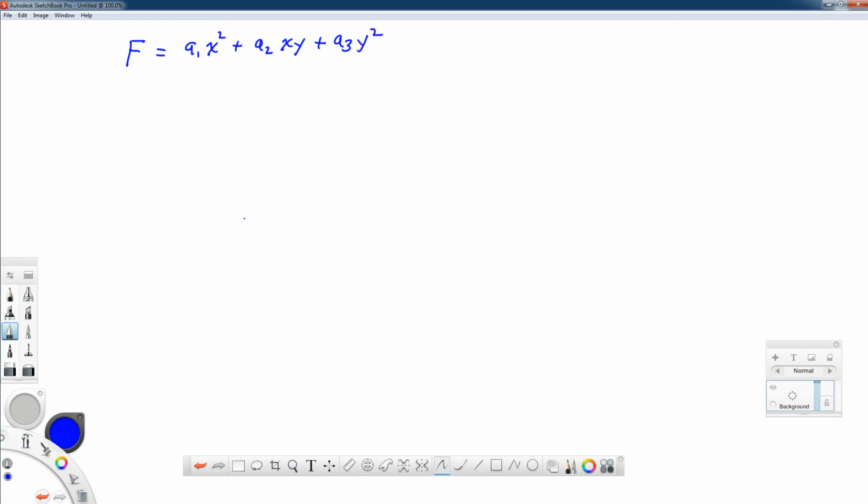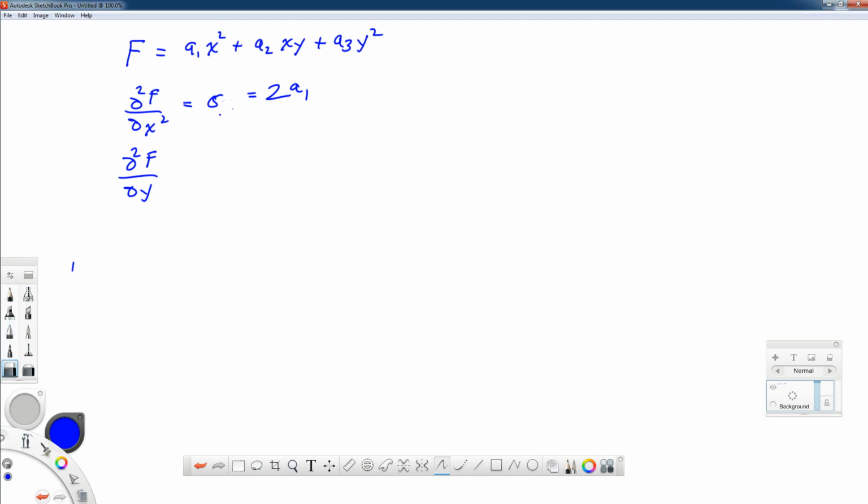A general polynomial a1 x squared plus a2 xy plus a3 y squared, where a1, a2, and a3 are constants. Now remember, when we go to find our stresses from an Airy stress function, the second partial of f with respect to x twice is sigma x. And in this case, that would be 2a1. The second partial of f with respect to y twice,